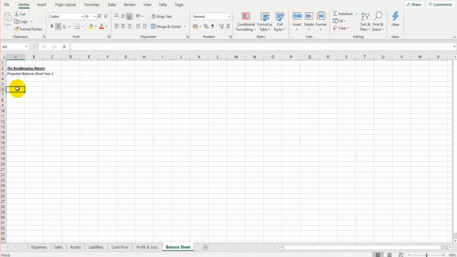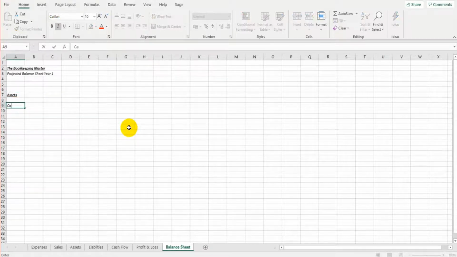I'm now going to go to A7 and we're going to make a heading for assets. I'll make that bold and underline that. Going down to A9, cash, trade debtors. So this is money owed from customers. Customers we have credit terms with, trade debtors, and other assets. Now going down all the way to A17,